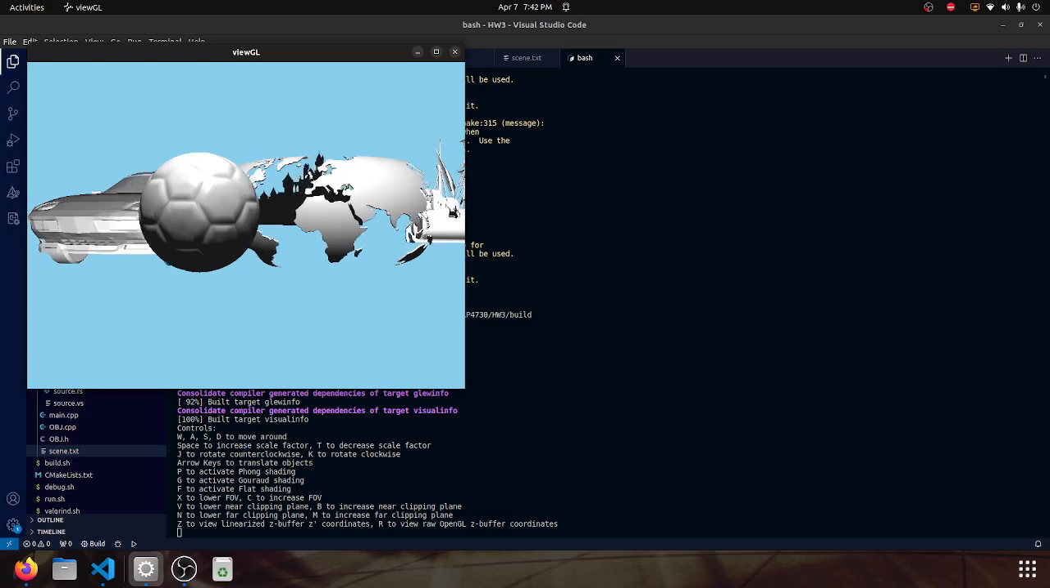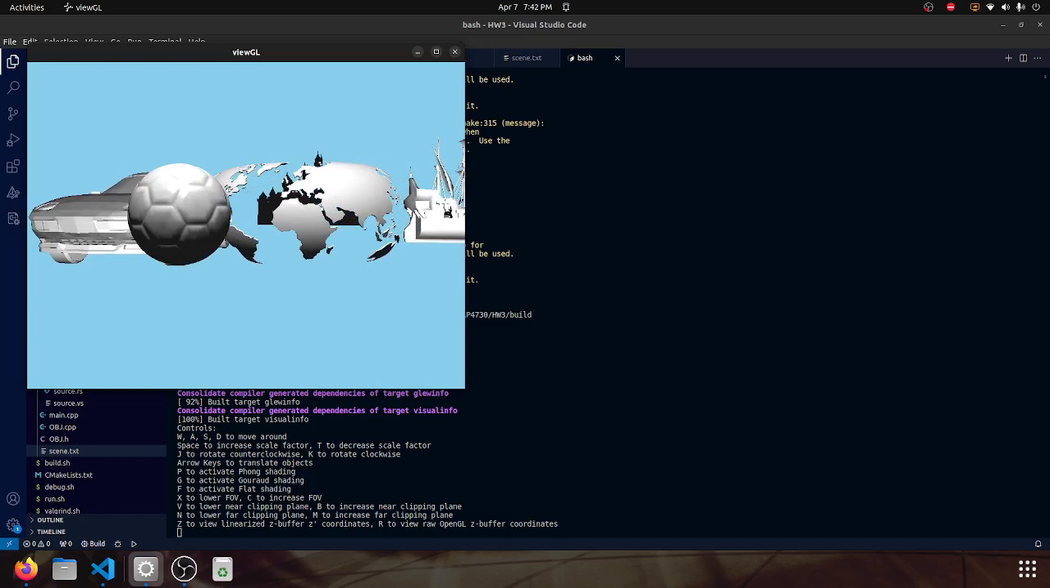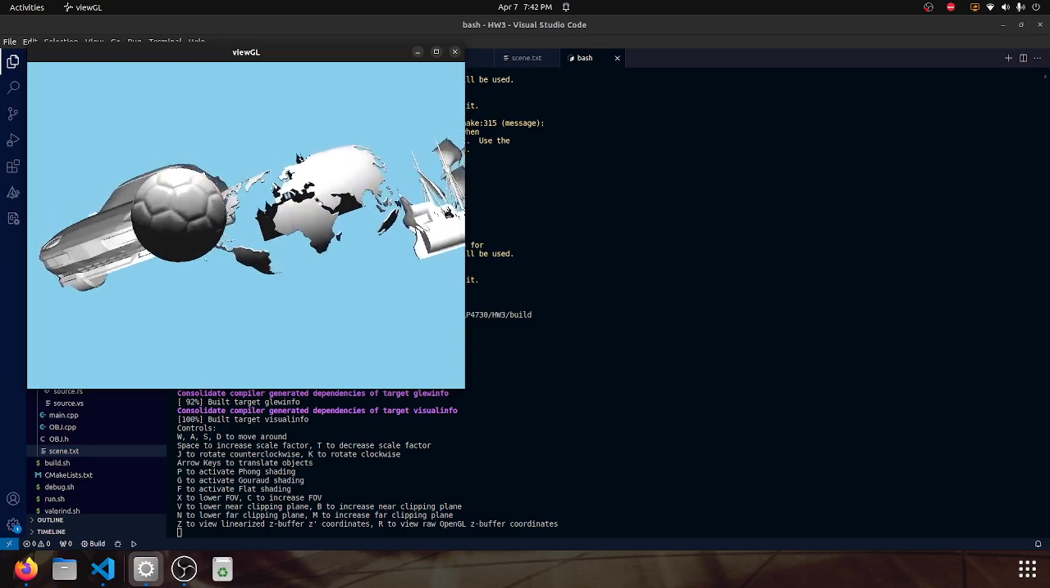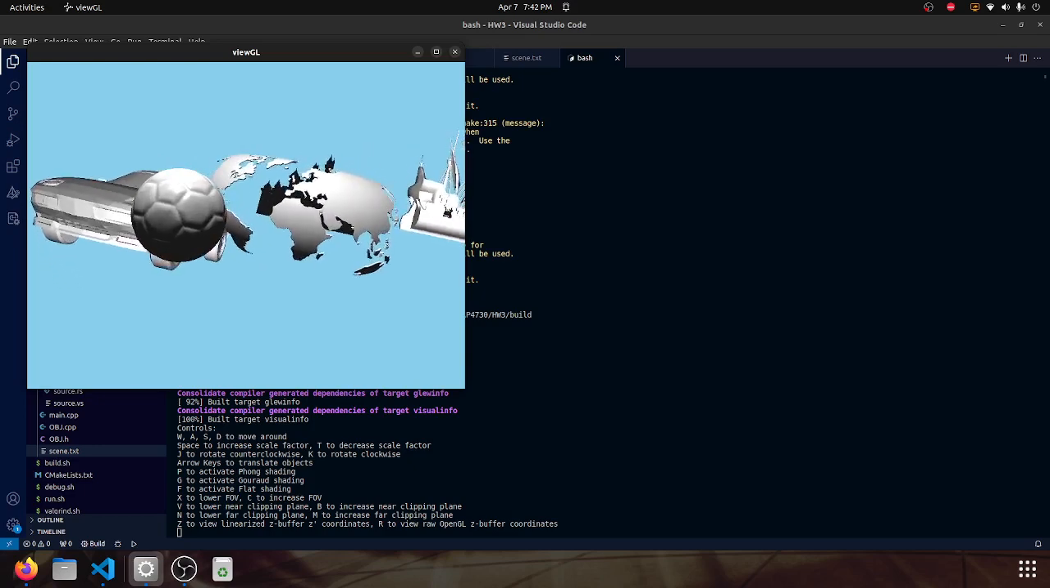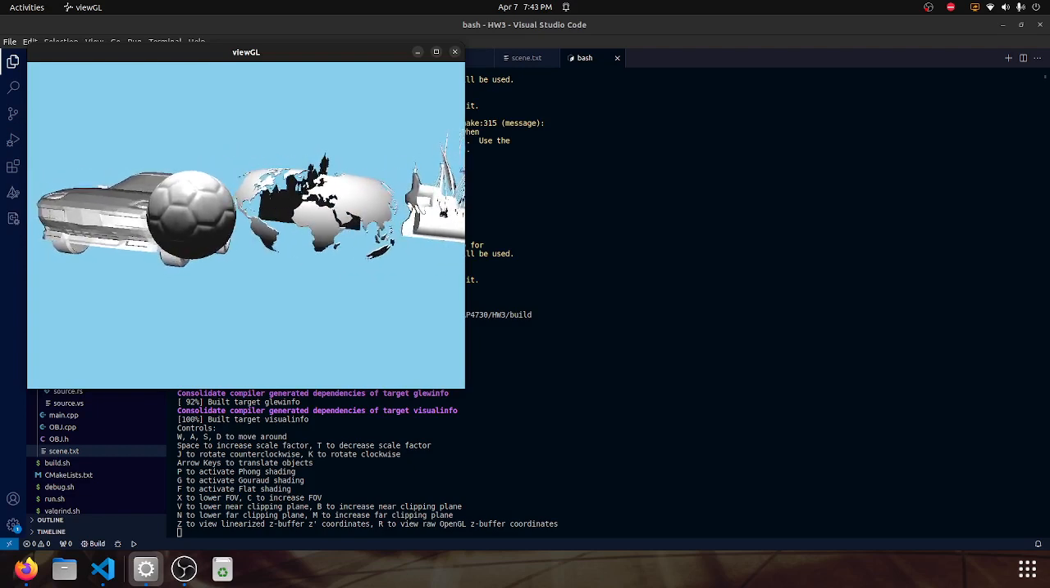So like before, you can use WASD to move around, space to increase the scale factors, so I'm making everything bigger here, T to make it smaller, J to rotate, K to rotate the other direction, and the arrow keys to move the objects. And now the new stuff I've added is, so right now it's in Phong shading